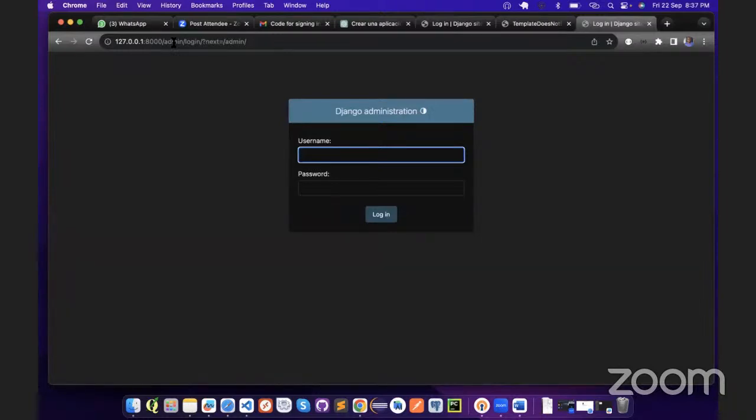So now we don't have any account on it. When you install Django, it's as blank as anything. So now what you need to do is create a superuser that will be used to log into this application. So now what we do is that